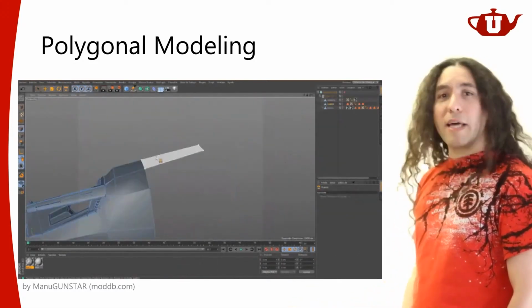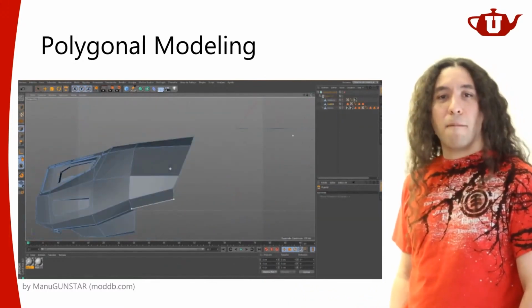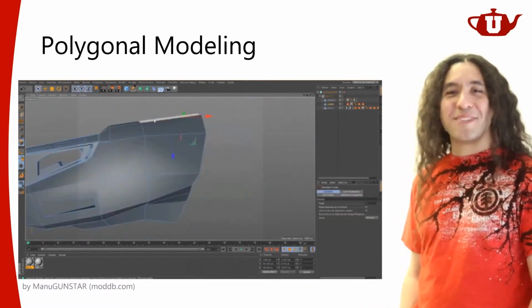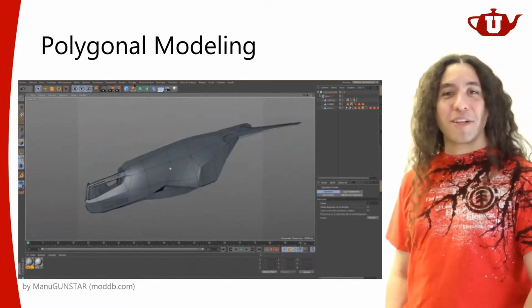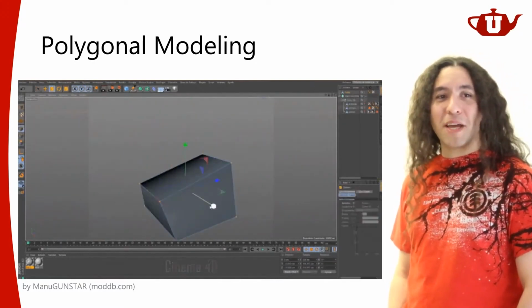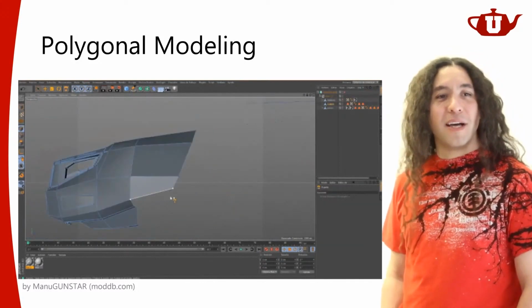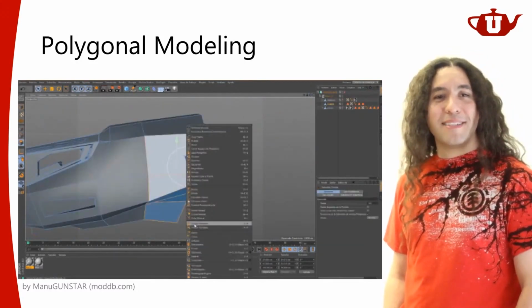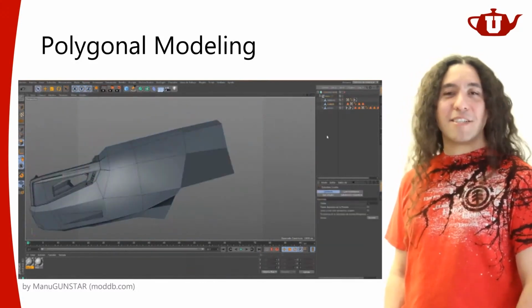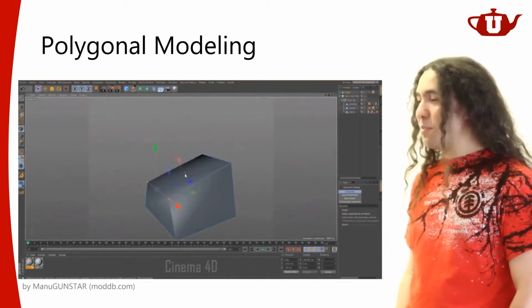But I just want to show you that there are numerous ways of fiddling with a polygonal mesh, and depending on exactly what you want to do, they have different advantages that you may want to be familiar with.